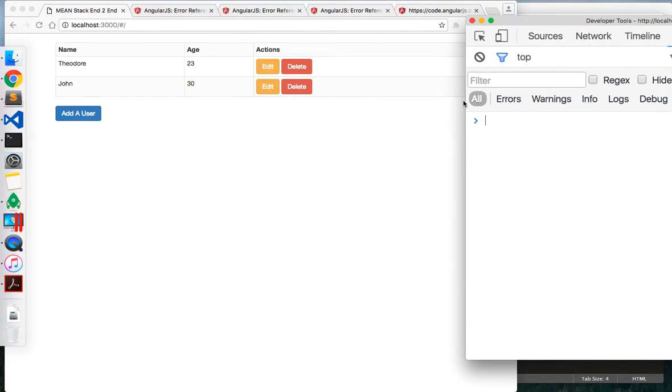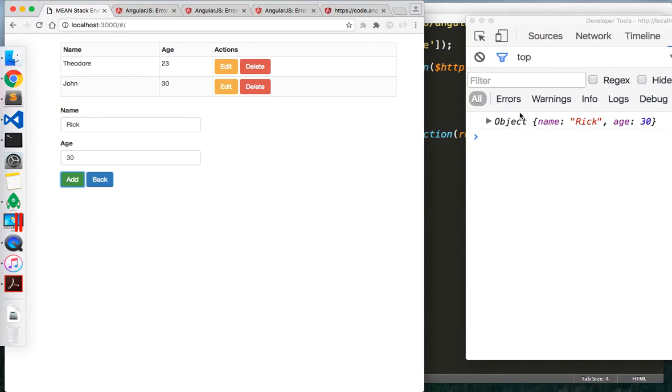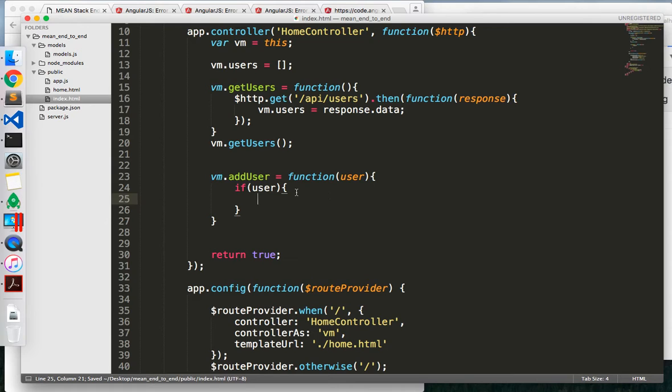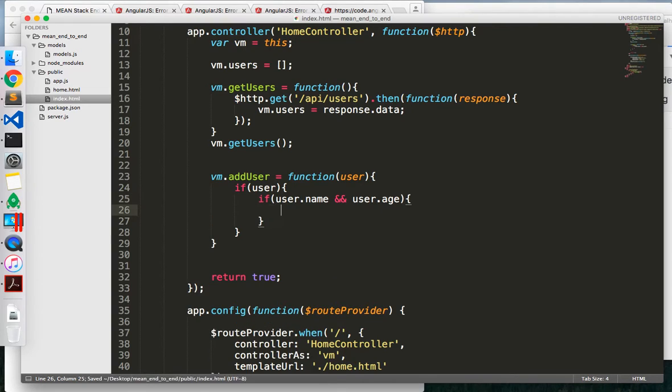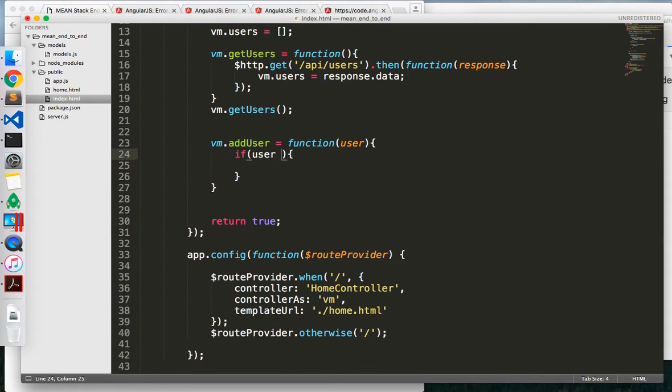I can show you guys. Close this a little bit. Add a user, so say Rick is 30, add user, so we're getting an object with the name of Rick and age of 30. Alright, cool. So looks like we're getting into our function, into our controller. So once we have a user, we'll say if user, and we'll say if user.name and user.age. So if there's a user and we have the user.name, I guess we can chain this into one, user and user.name and user.age,